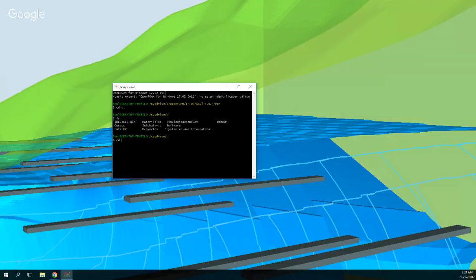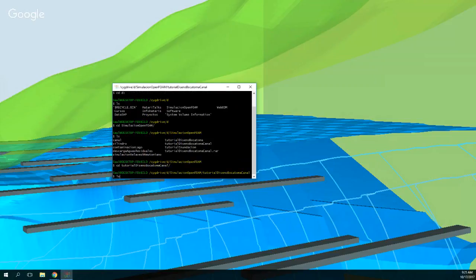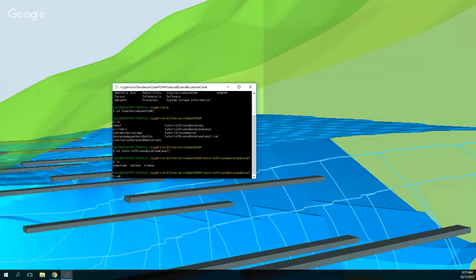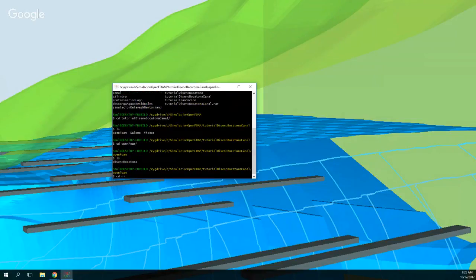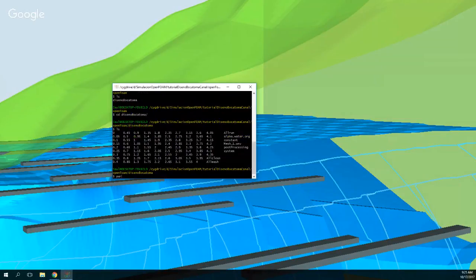Let's set the tutorial. Let's set the OpenFOAM. This is where I store it. Later on, we are going to recreate the whole process. So if we say paraFOAM,